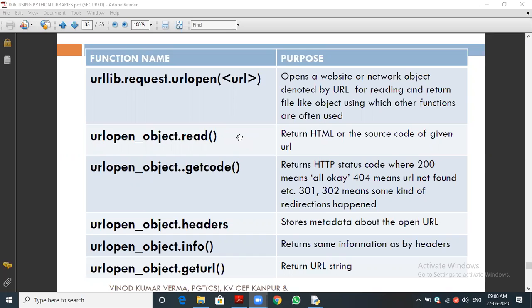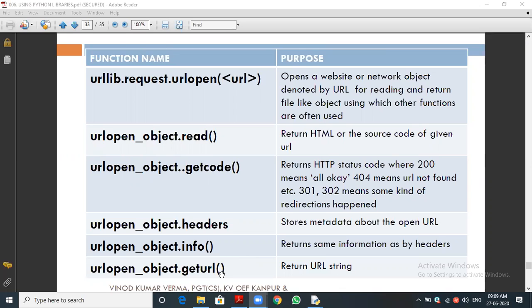It is getting basic data about the website. The info function, which you can see at the last, is used to get the cache memory and server details. At last you can see the geturl function. geturl is used to get the URL, to see whether it is redirected or not, that is, which page we are currently visiting.